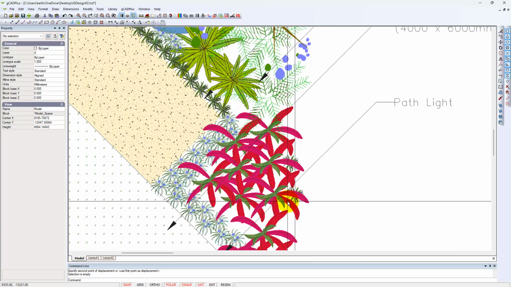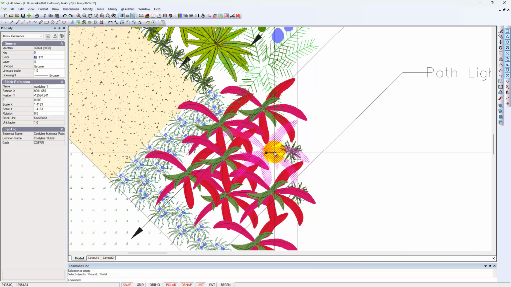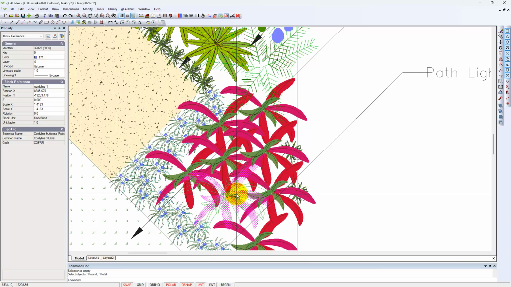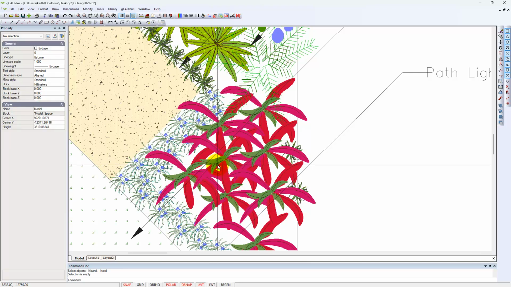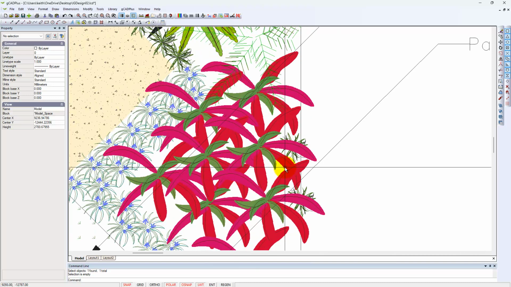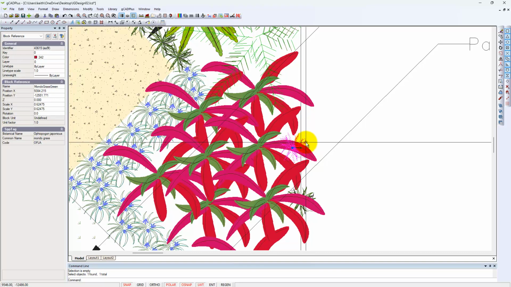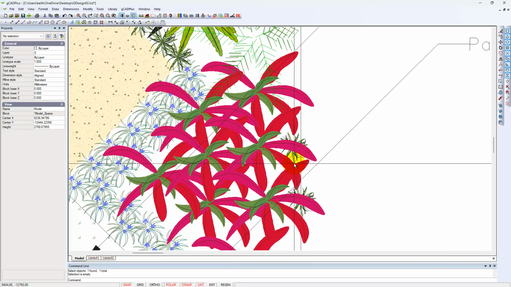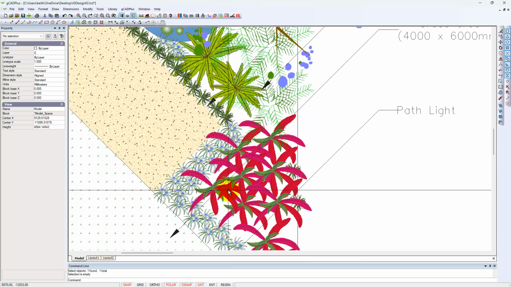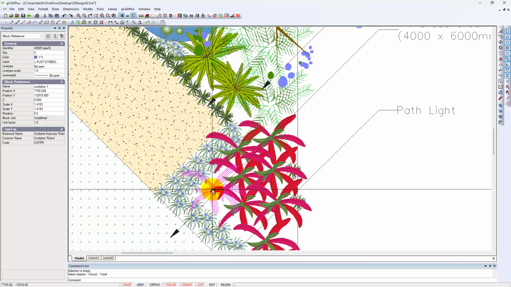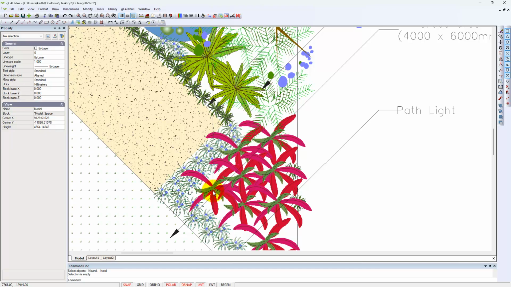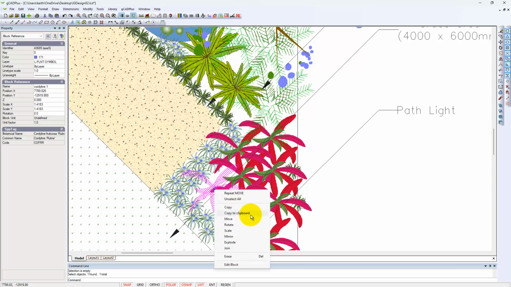Now when I scroll in, notice we've got a little change, but I can now pick the symbol and spin them around to easily get some variation in the group. So I hope that helps. This one here is a Mondo grass, so that would logically, I think, be under the rubra. And for mine, that cordyline looks a little bit big, so you can even jump in and change